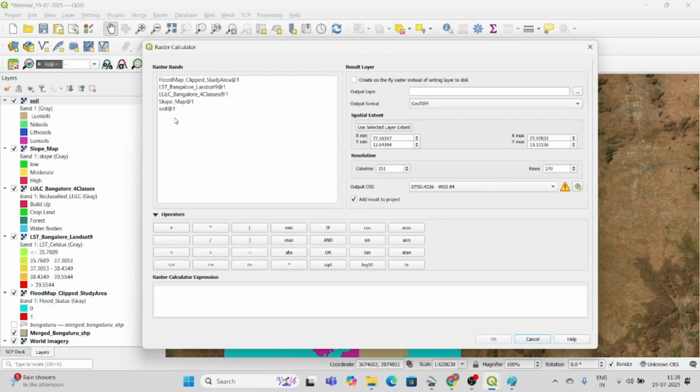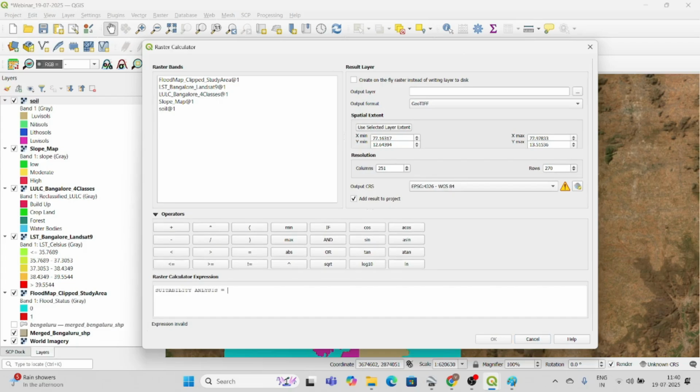I'm going to assign a weight to each and every layer, so that I can find which land is suitable to build a building. This is my objective. I am using soil, slope, LULC, LST, and flood maps to visualize it. Now let me write the formula. I'm just mentioning suitability analysis, and I will delete this after.